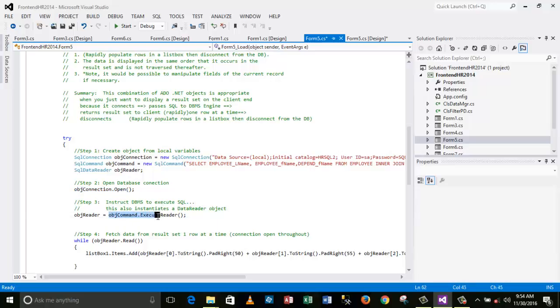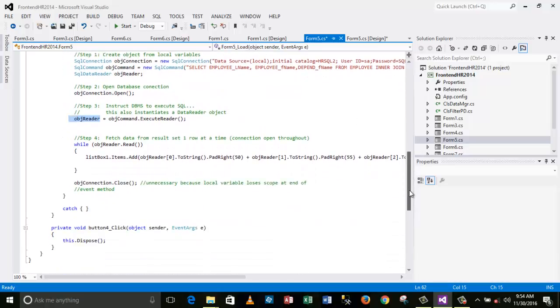Okay, so what's it going to do? It's going to execute the SQL and return an object to OBJReader. This is kind of weird the way this works, but it's a return type method. In the process, it's going to transform this variable, which was previously declared of this type, to an actual object. At this point, OBJReader is an object, and thereafter I can invoke methods on that object, which is what I do through a